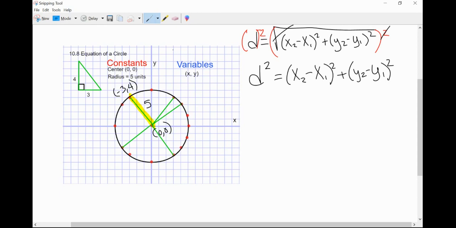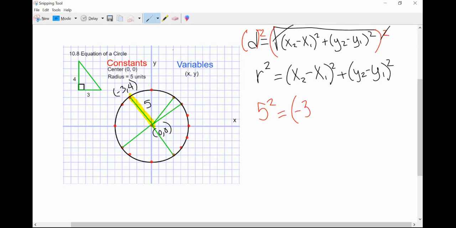But first, I'm going to tweak it one more time. If we look at our chosen segment, it's 5. So 5 represents the distance, but 5 is also the radius of this circle. So instead of d squared, I'm going to write r squared instead. So I'm going to erase this d so I don't have to rewrite everything, and I'm just going to put an r there instead. Let's put in our numbers. So I've got 5 squared is equal to, now I'm going to take my